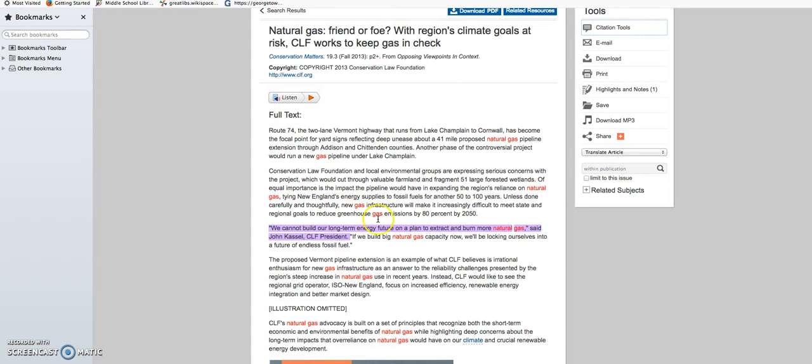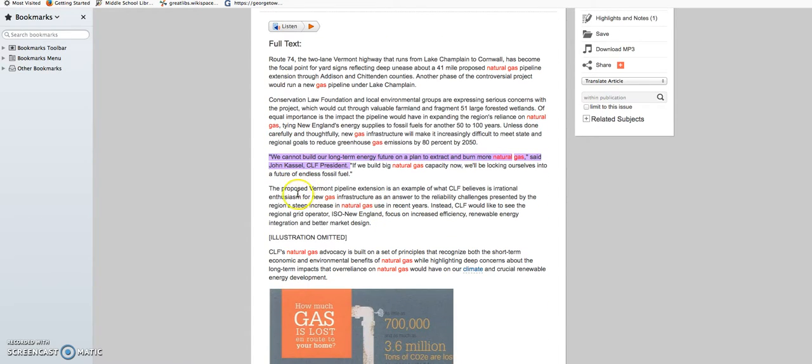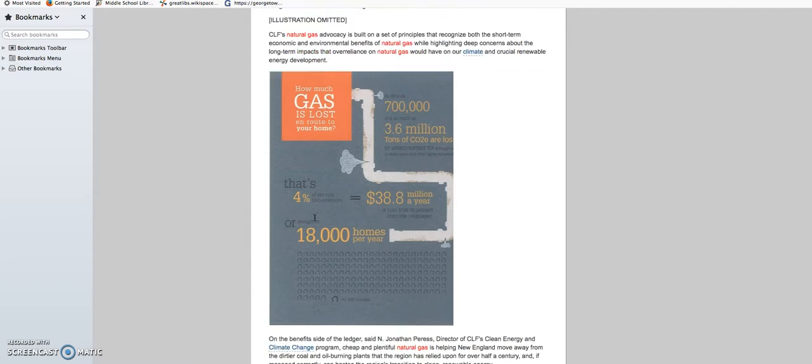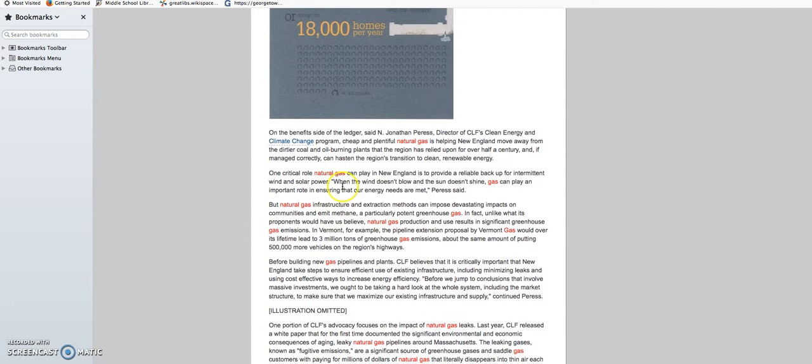But right now, I'm going to take some more notes. I already have this one. And let's see, what else can I add? One critical role natural gas can play in New England is to provide reliable backup for intermittent wind and solar power. So it's a backup to those other natural energy sources. And the other one I think I was going to share with somebody or add it to a slide.